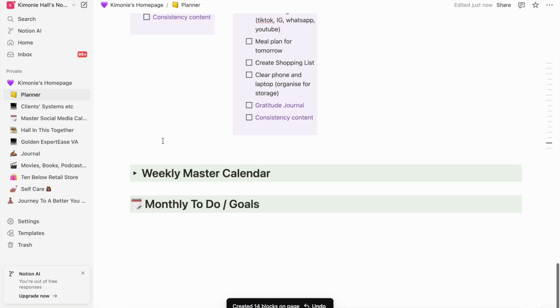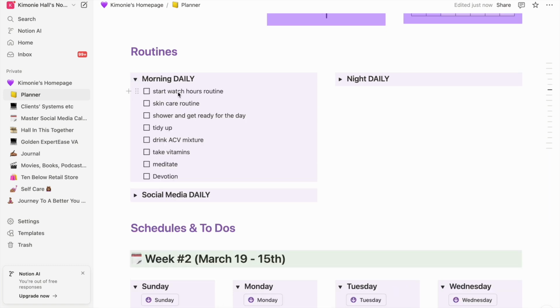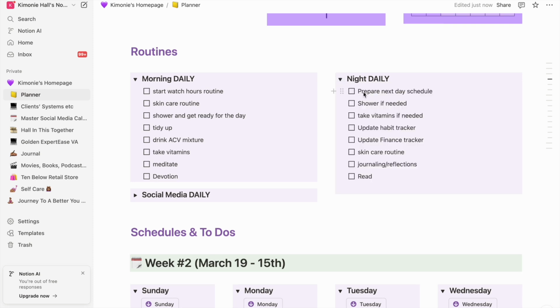All right, so now that we have that, all I need to do is go through and click these buttons. Okay, I think that should be it. My morning routines, skincare, showering. Okay, I think those will stay pretty much the same unless I'm going to walk during that time, preparing next.